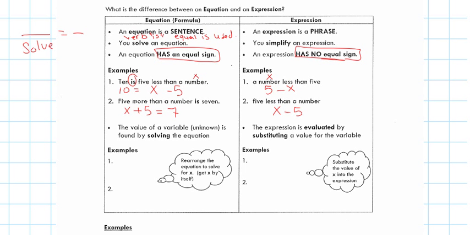So whatever is on the right side, the expressions, I can only either evaluate. If I give you a value for x and I ask you, find me the answer, you can only evaluate. Or if there's more terms, like terms, you can collect like terms, which in this case doesn't happen. I only have number and letter. Okay? However, whatever I have on the left right here, I can solve. When I say solve something, that means you have to isolate for that letter to see what number satisfies this equation. Okay? So in the first case, where you have 10 equals x minus 5,